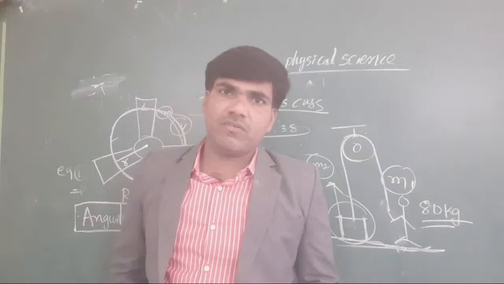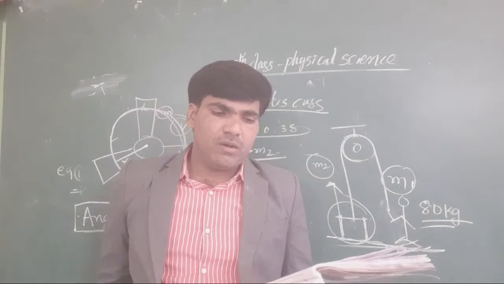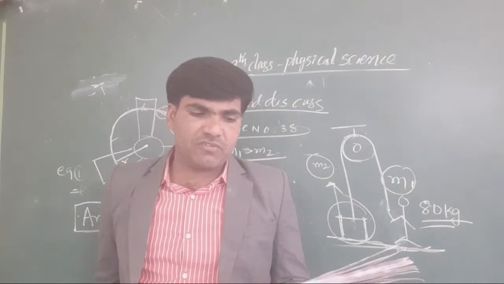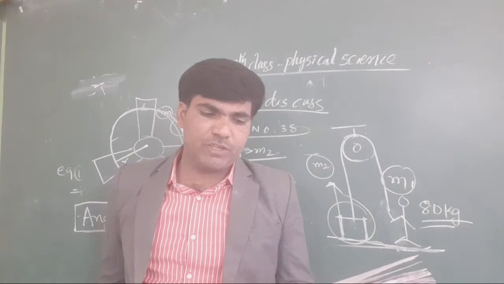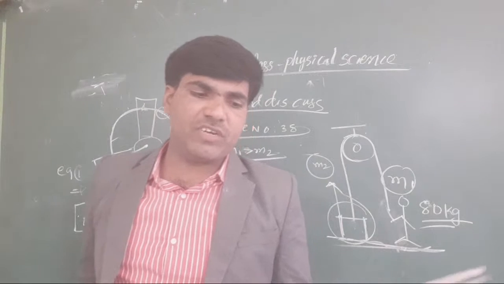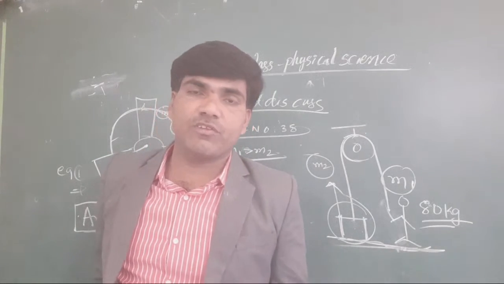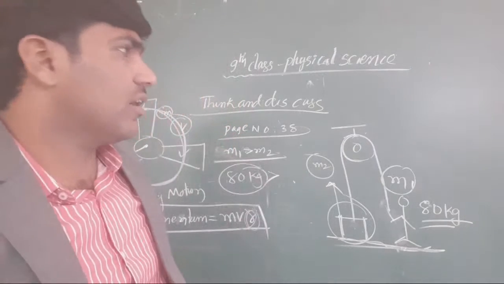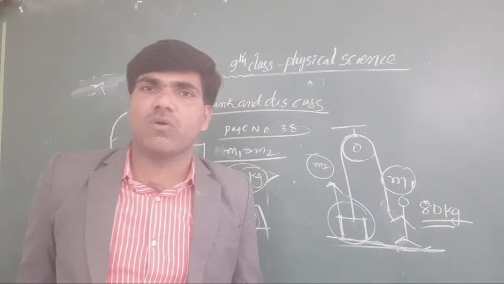Now, prove that the tension throughout the string is uniform when the mass of the string is considered to be 0. Prove that tension throughout the string is uniform when the mass of the string is considered to be 0. Yes, by using our formula in the Atwood machine, T is equal to